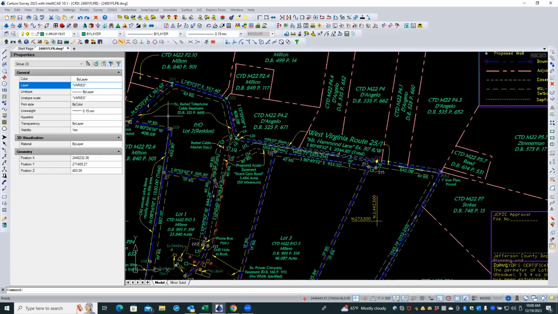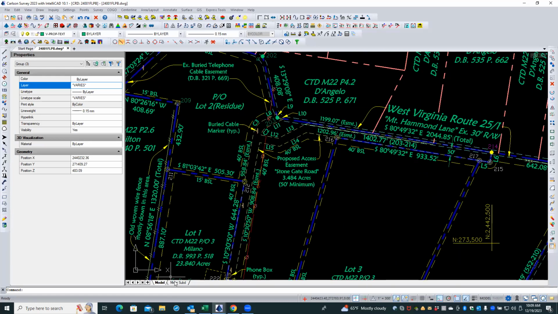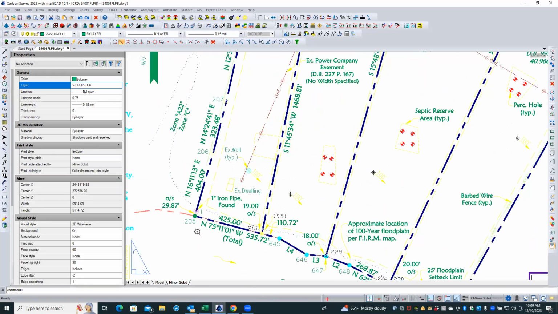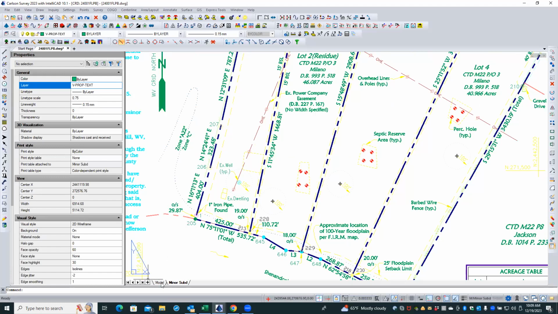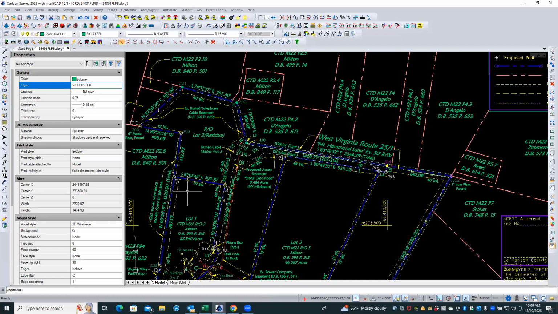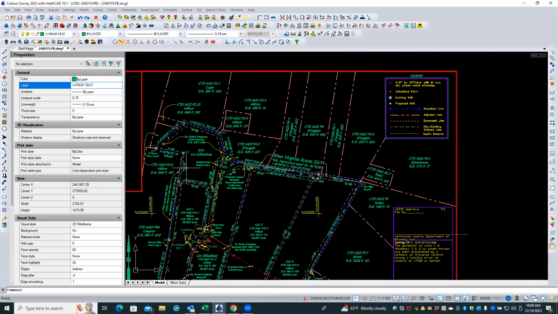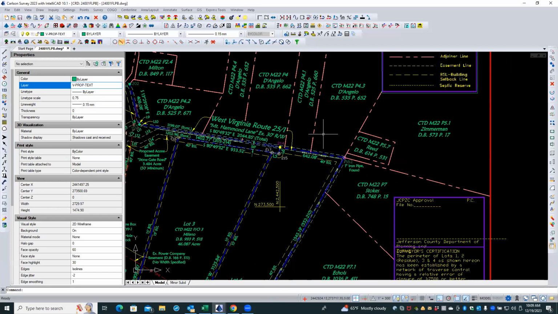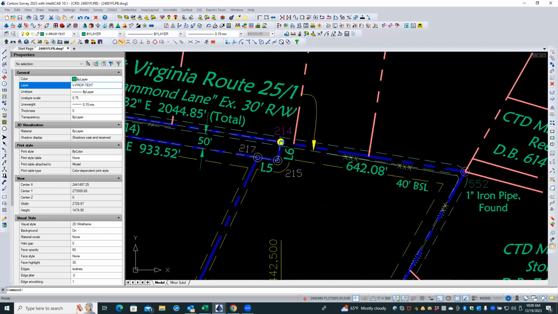Are these all numbered? Looks like they're all numbered, at least here. And if I look over here, yeah, they're numbered over here too. So nobody really froze that off. So you could plot this and keep all those numbers and then just go to that coordinate file and look for those point numbers. Or you could isolate